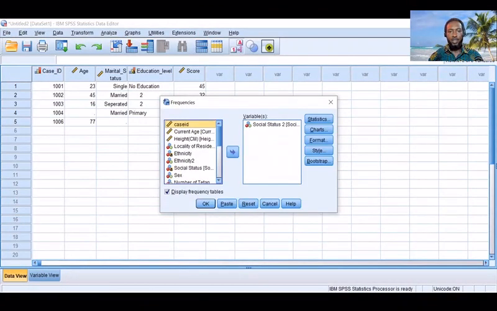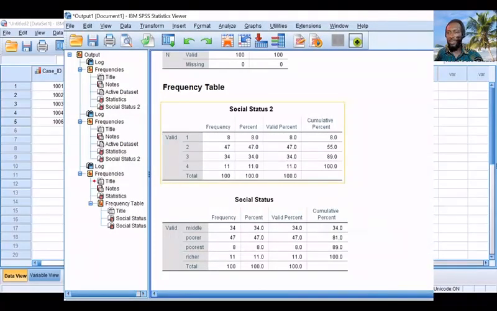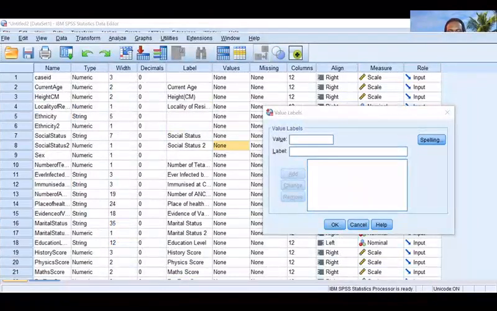Again, if you run the same thing using the other social status that is on string or text type, you see it will come as text, so you will know exactly which one is which, right? But I advise that you keep them in numerical and code them inside SPSS and use social status 2. So how do you do that? You go back to your data view,